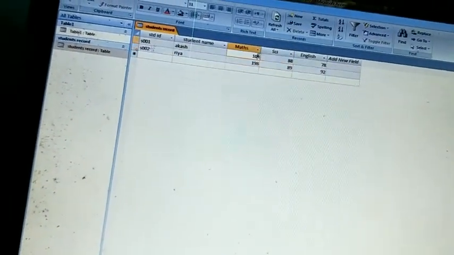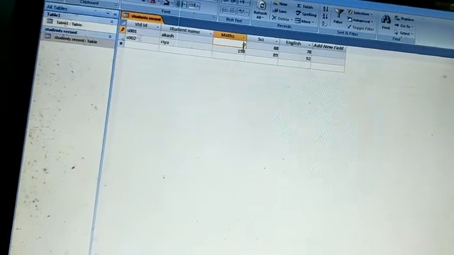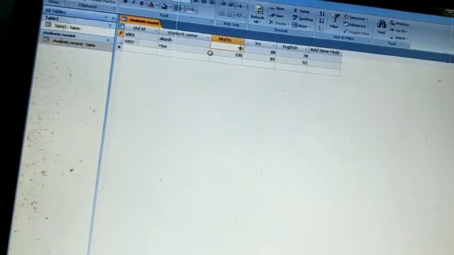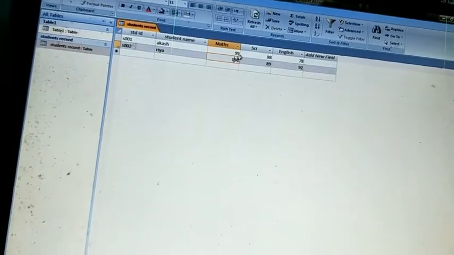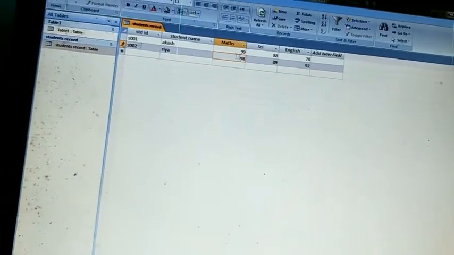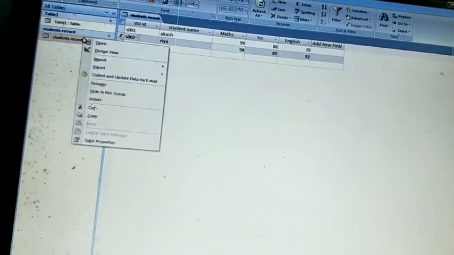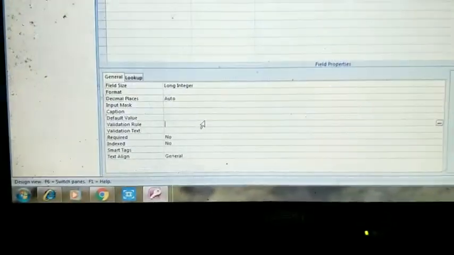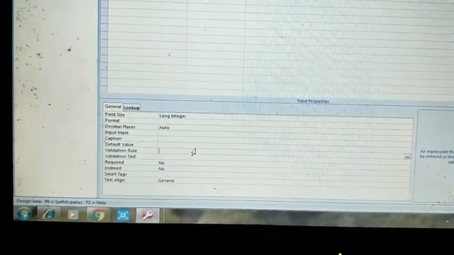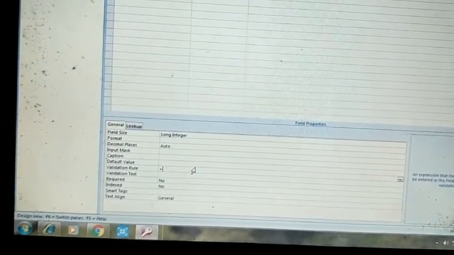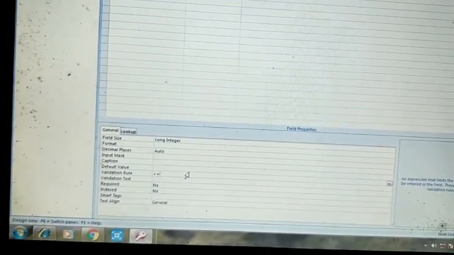So you can protect your table from wrong entry. How? Make some changes. Click on design view and write some rule. What? The math field cannot accept more than 100 marks. Sorry, not more than, but up to and equal to 100 marks.